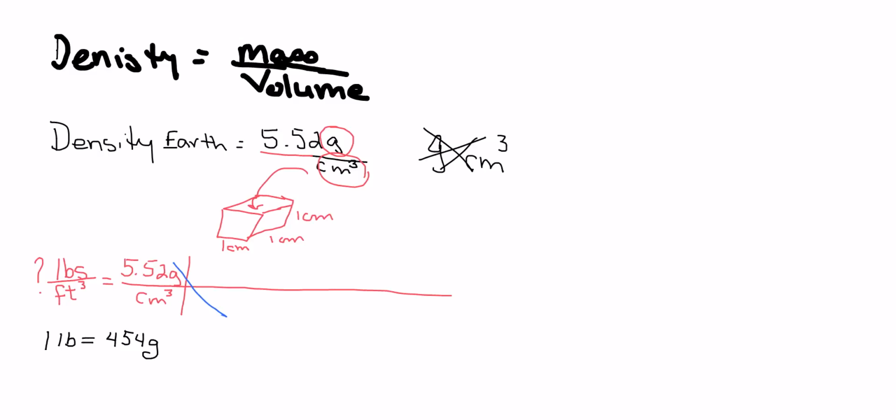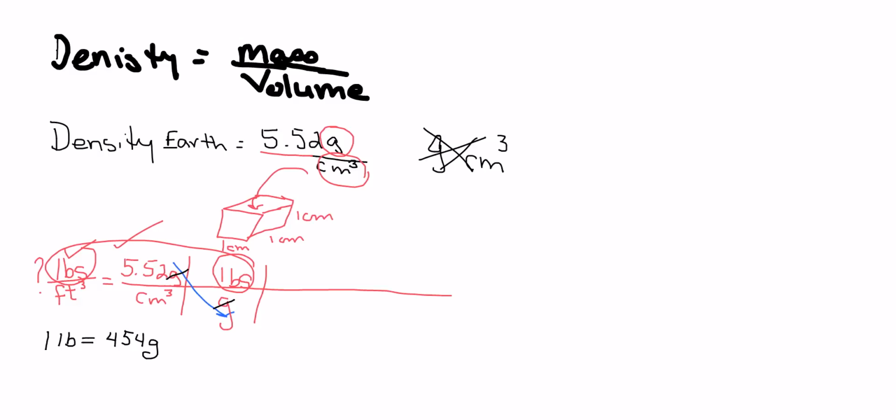So I'm going to do grams here. And what unit do I want in the numerator? I want pounds. So I'm going to put pounds in the numerator. I cancel grams. You're getting the hang of this, aren't you? So now I have pounds and I want pounds. And so I'm good to go on the numerator. I am not good to go in the denominator because I got centimeter cubed and I got feet cubed. And remember the other day I told you that the unit I know that relates our system to the metric system was